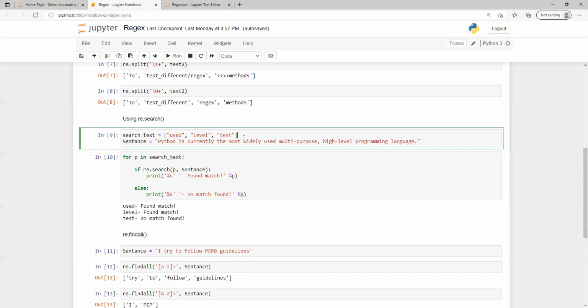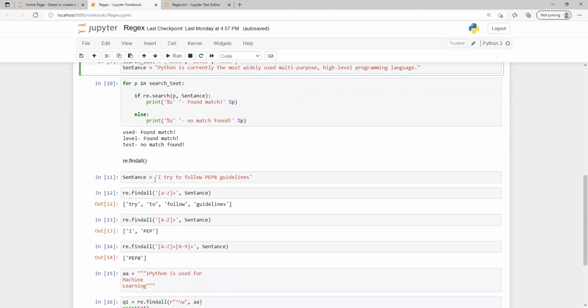Similarly, we have re.findall. Suppose in this sentence I just want to find all small letters.